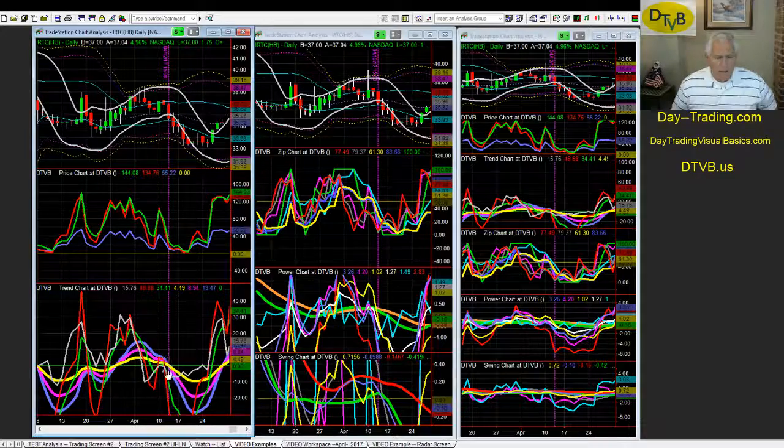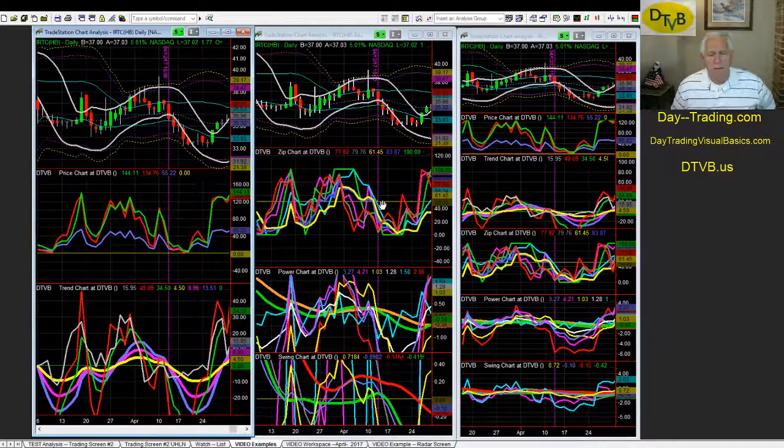But the trend trio and the power chart are 2 out of the 3 groups that tell us that things are going to go down after today. The biggest is the ZIP Zion, which is still highest, and that definitely tells us that the price is going to go down next day. Your power yellow is highest, and although power yellow isn't the highest, it's highest right next to the ZIP Zion line, which really